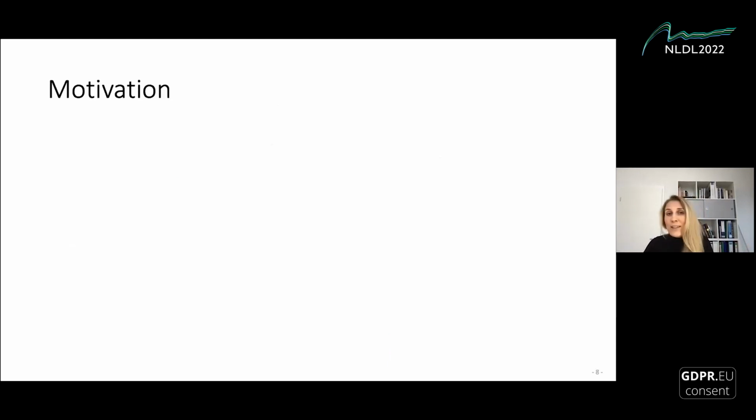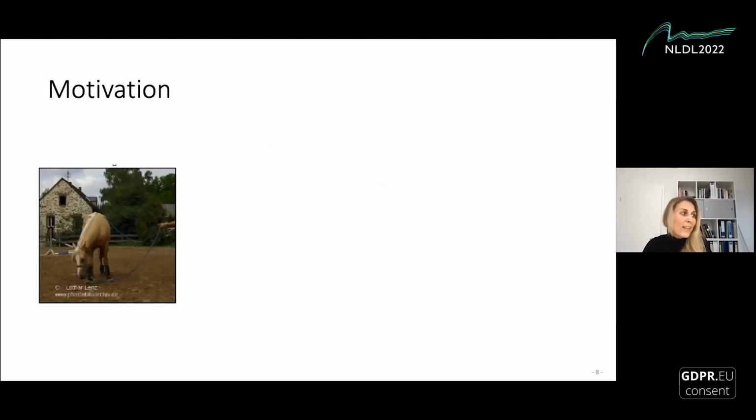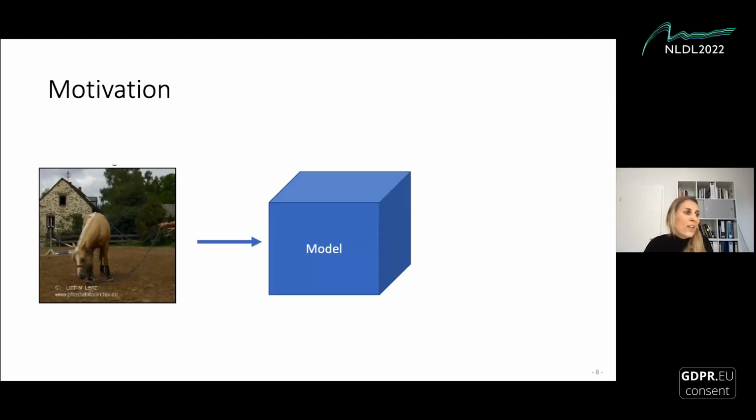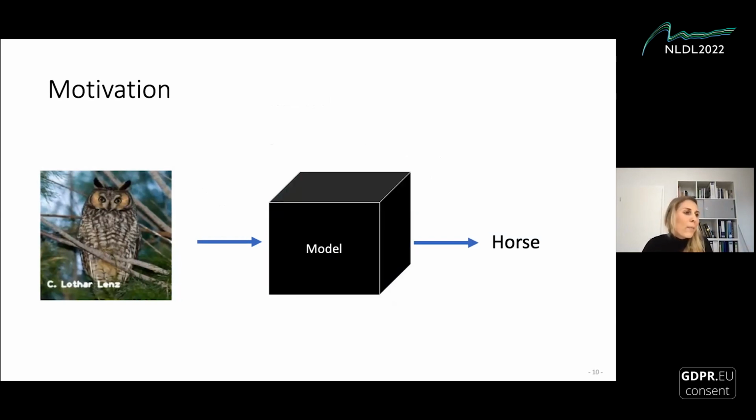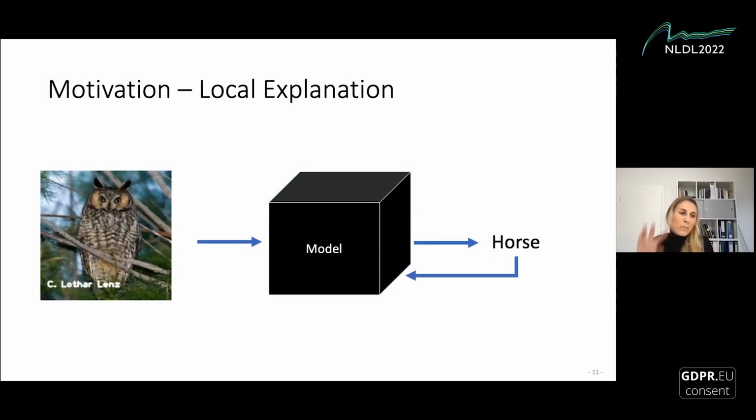Another motivating example why we need explainable AI: let's take this image of a horse and put it in our trained model, and the model says it's a horse. Fine, it's working, right? So we take another image like this of an owl, and the model says, again, it's a horse. And it's definitely not a horse. So we wonder why. Using explainable methods and putting the prediction back to the model, we will later see how this works,